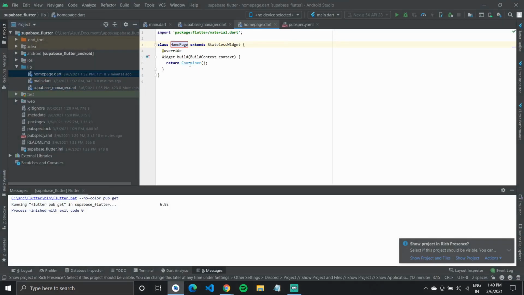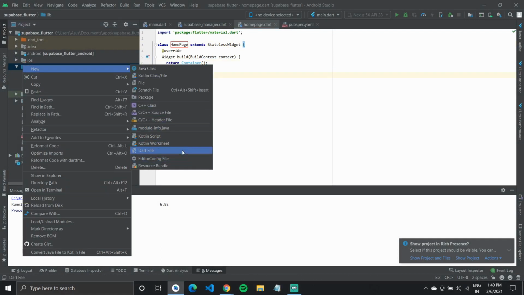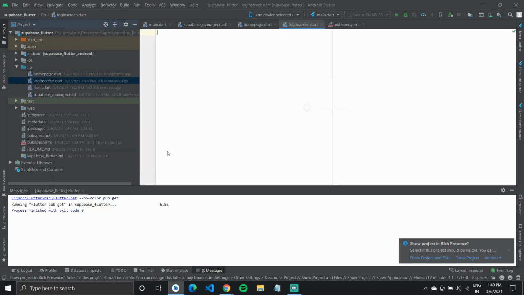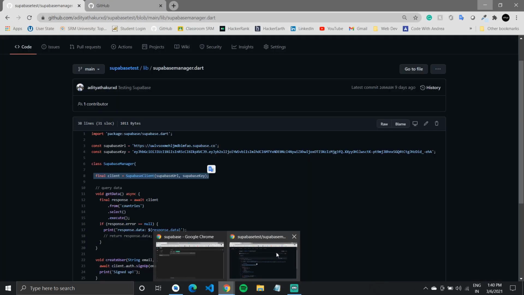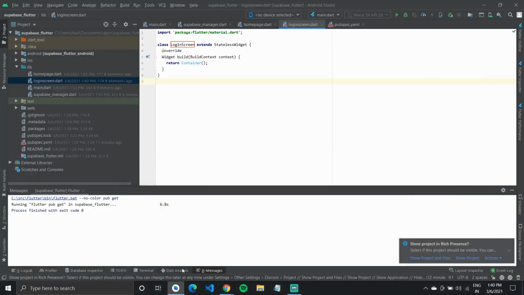So what will happen on my home page is, let me create a new screen, a new file, call this login screen, right? So I'll import material, create a new stateless widget, call this login screen. So what this will have is a simple button that will log me in, and how I can create a simple raised button that, when you tap on it, should log in, and if you log in, you go over to your home page. On home page you can read and update data.